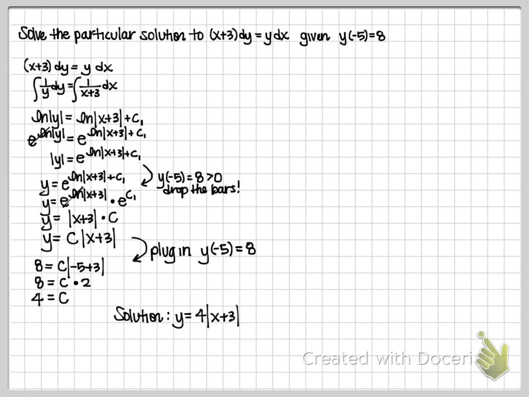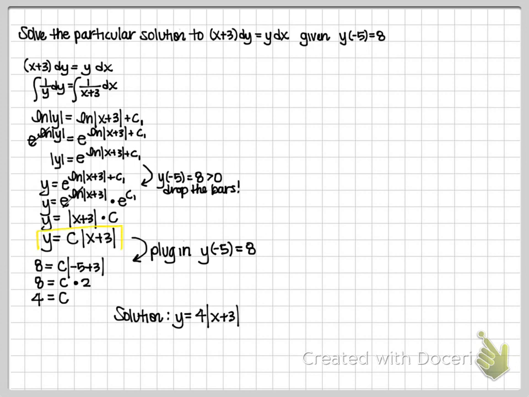Okay, so I went through and I separated my variables and took the integral of each of the sides. Notice that I did put a subscript on my c because I knew I was going to be using e, therefore adjusting that constant as I went. Then I got down and I simplified it as much as I could